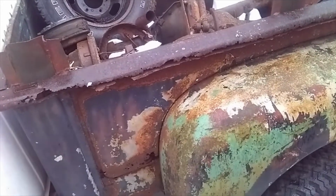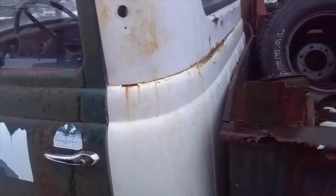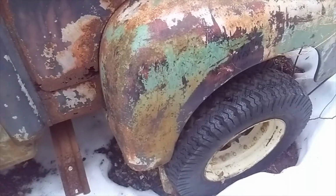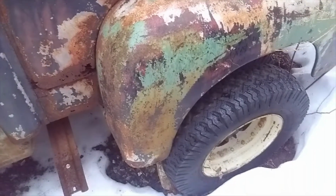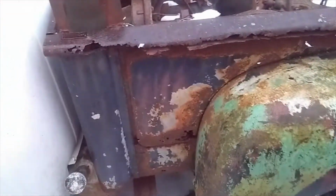Now, this is a 1-ton? No, this is a 3/4 ton. Very stout. It wasn't a dually. It's got the dually hubs, but it was a single wheel. So you can run dualies on it, but this truck did start life as...